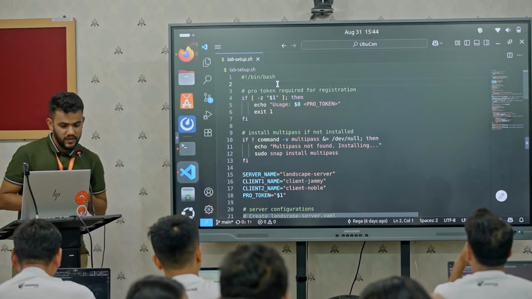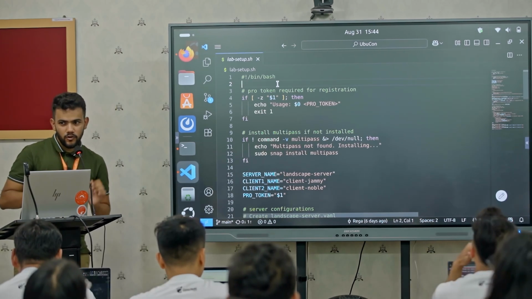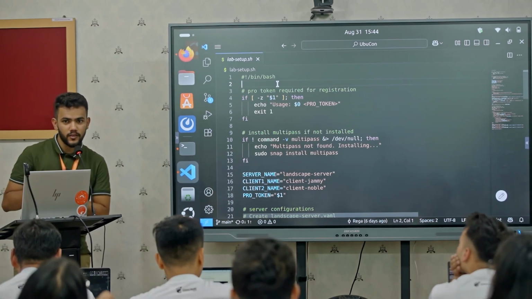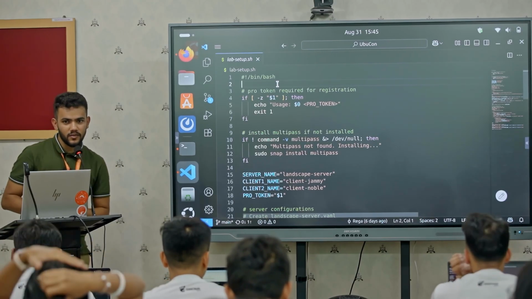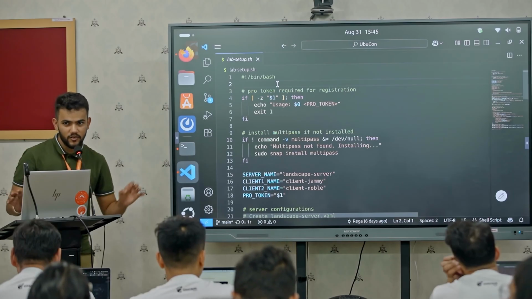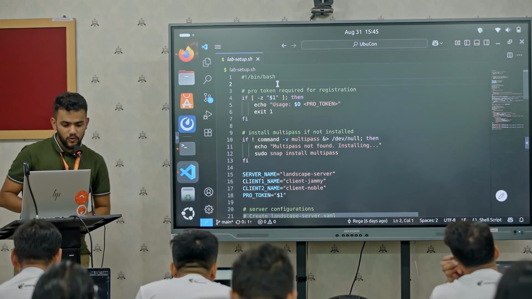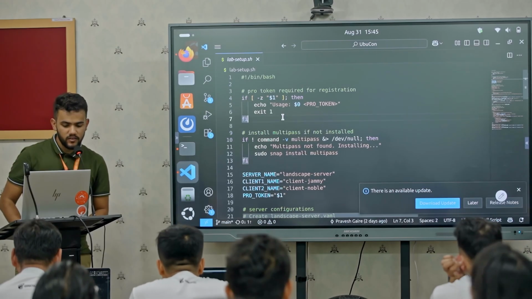Okay, so basically why I wanted to do lab setup.ss is I didn't want all of you to run one command again and again, because it would create a typo and then it would be harder. So I thought it would be easier, but then I didn't expect everyone to have different kinds of OSs, WSL and Mac, etc. Sorry for that. So basically what this lab setup is doing is, first, obviously, it takes the Pro token